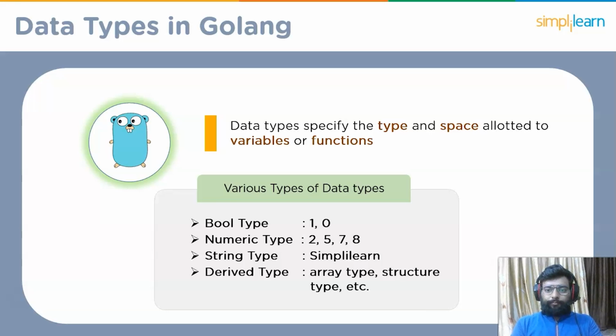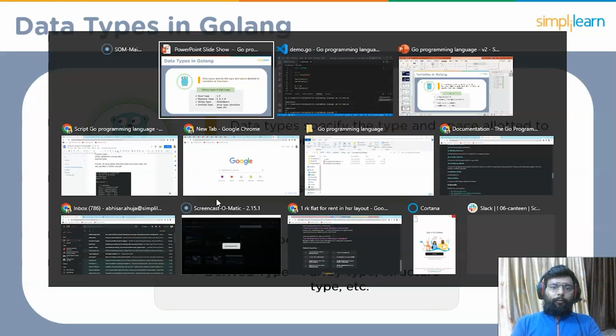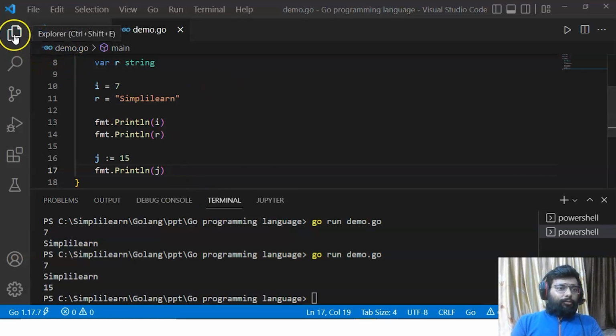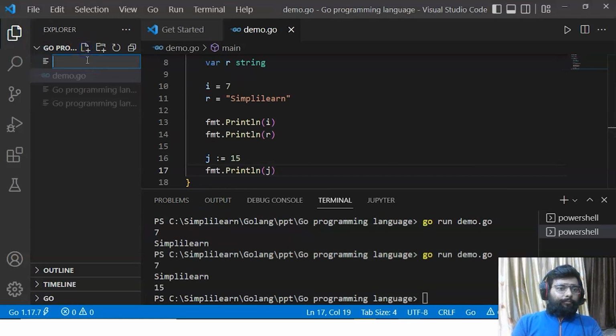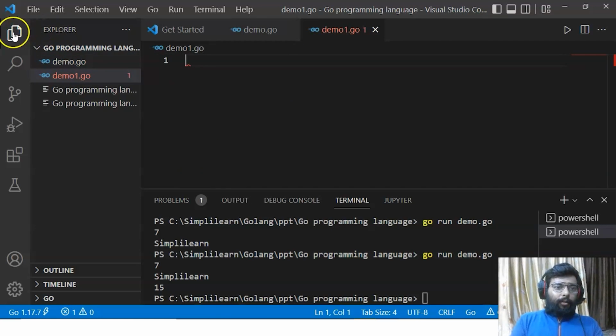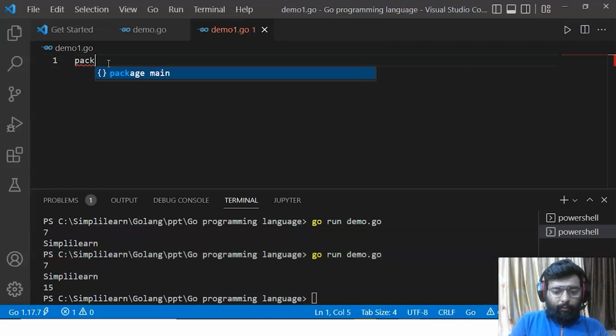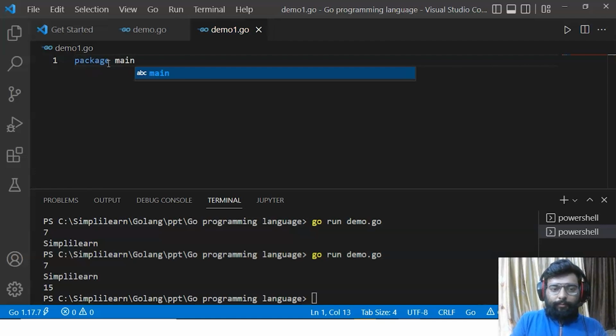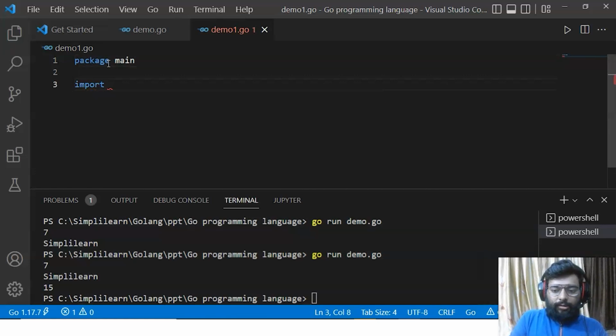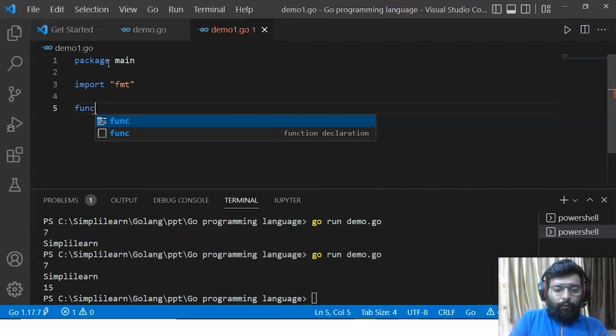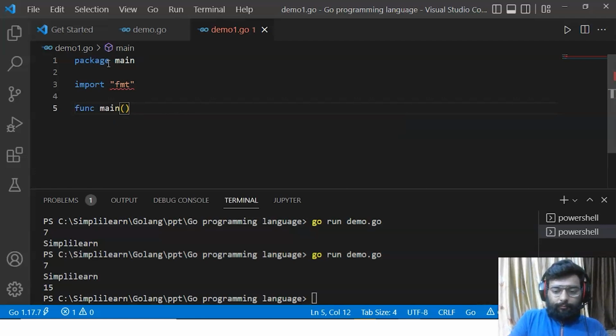Let's see an example. We'll see the example for the Boolean type. So we will create another file that would be demo1.go. And here, first we will start with package main, and inside package we will import the fmt package. Now we'll start with function main, and inside the curly braces